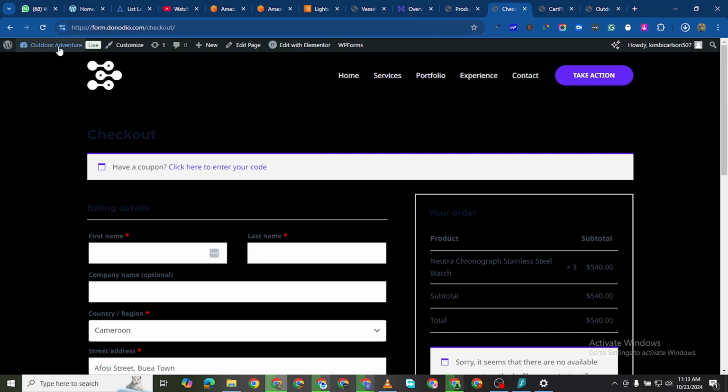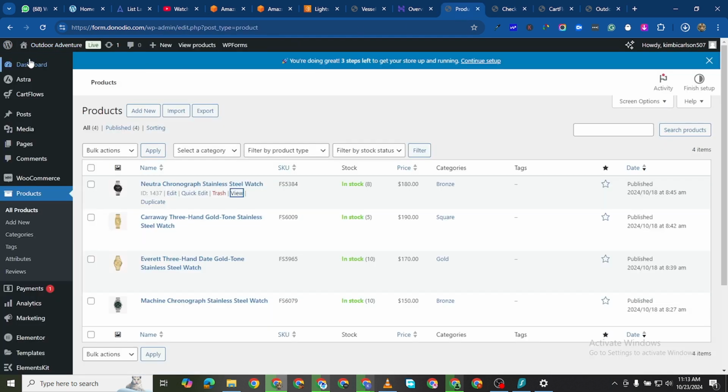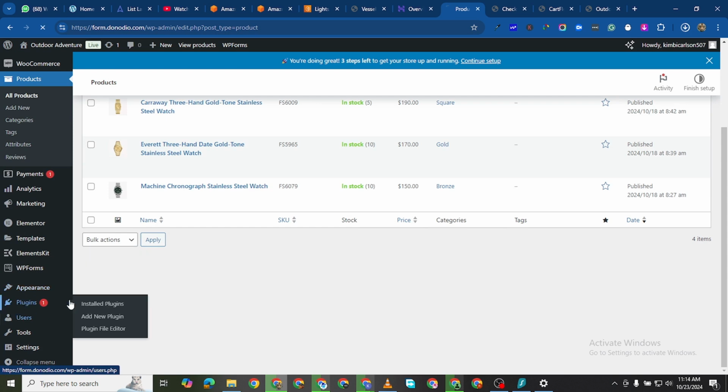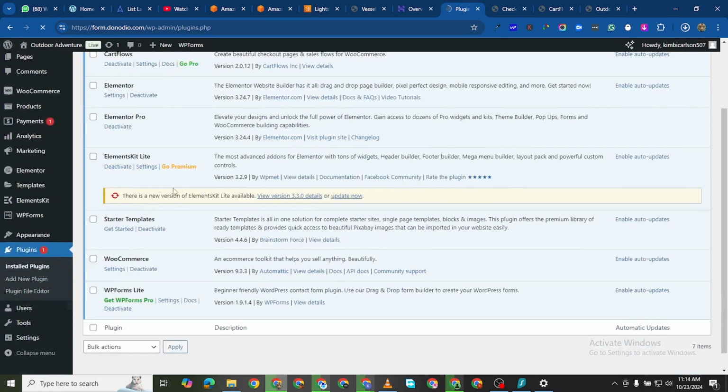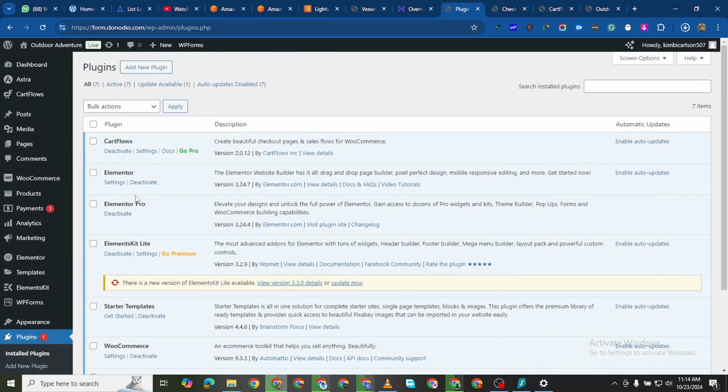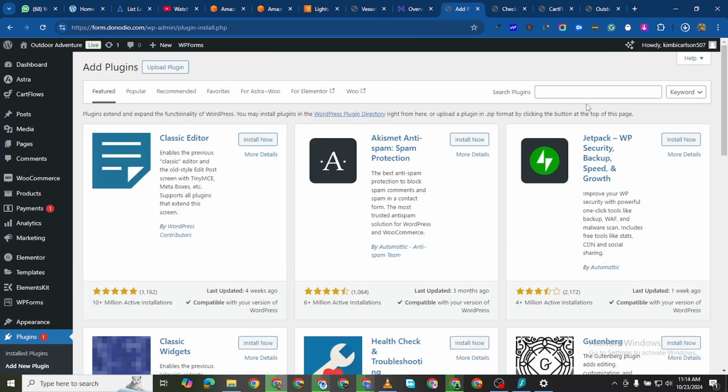First thing I want you to do is go back to the back end of your website. We are going to be using a free plugin. I already have it installed. It is called Cart Flows. So this is it. If I click on add new plugin and I search for Cart Flows,